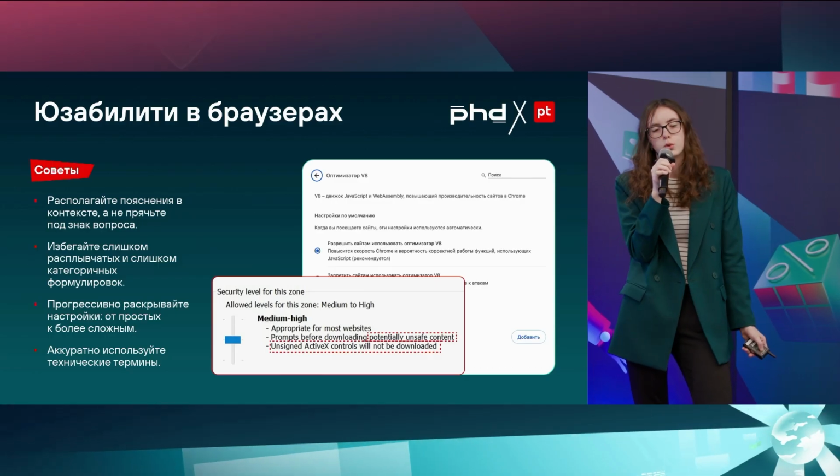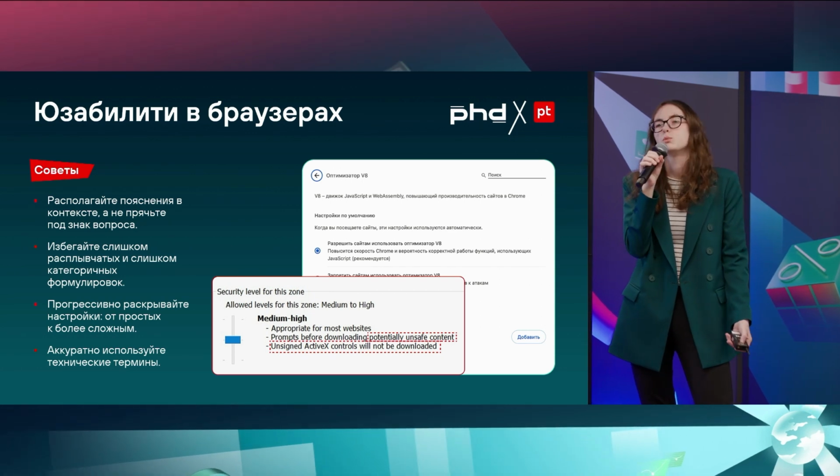And in general, if we look at this setting, it doesn't give us an idea of what setting we have implemented and what level of security we're going to have. Well, we should have medium-high, but compared to what? Okay, so we've looked at this example, and let's now think of some hints or some pieces of advice that we could generate looking at these screenshots.